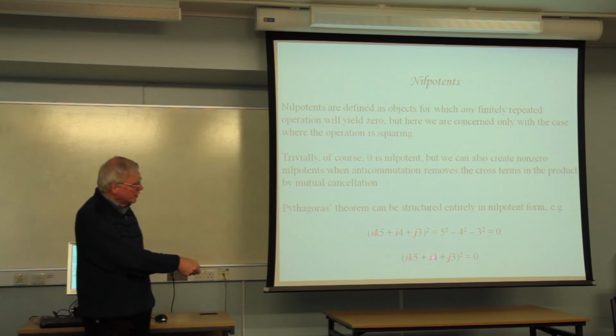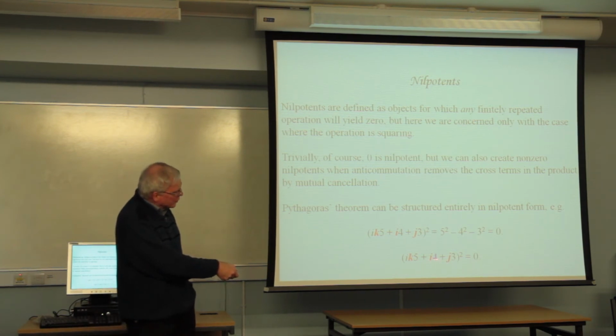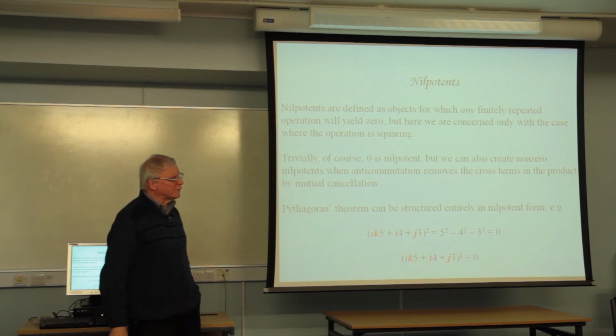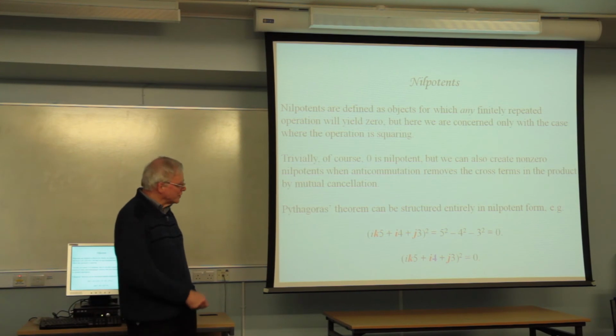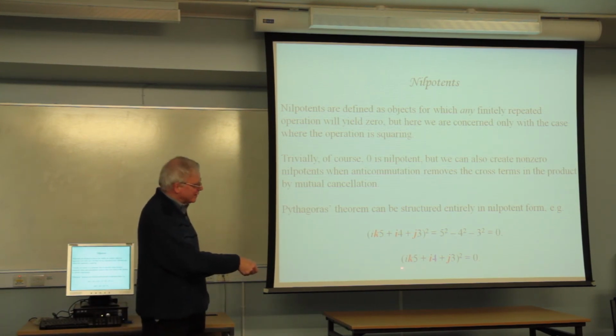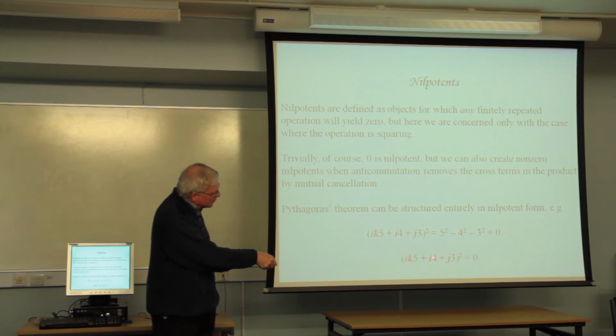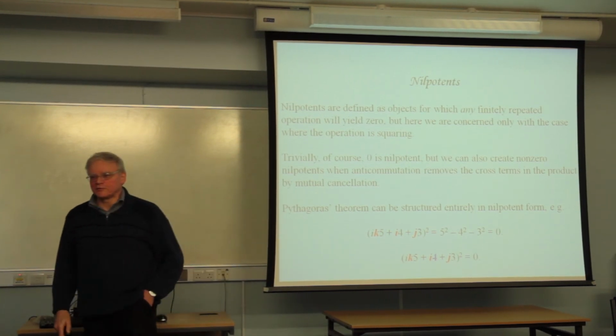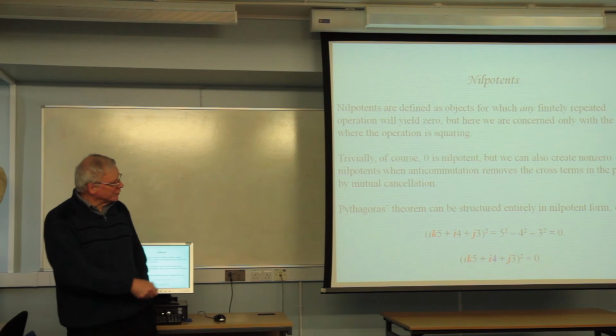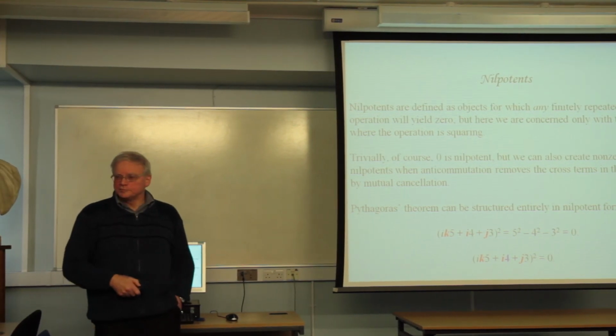This one here is slightly different because I've now made 4 into a multivariate vector. And this is what the physics looks like. So you've got an extra concept here, which is 4 is not an ordinary number, it's a multivariate vector. But even so, it still becomes 0 in the same way.